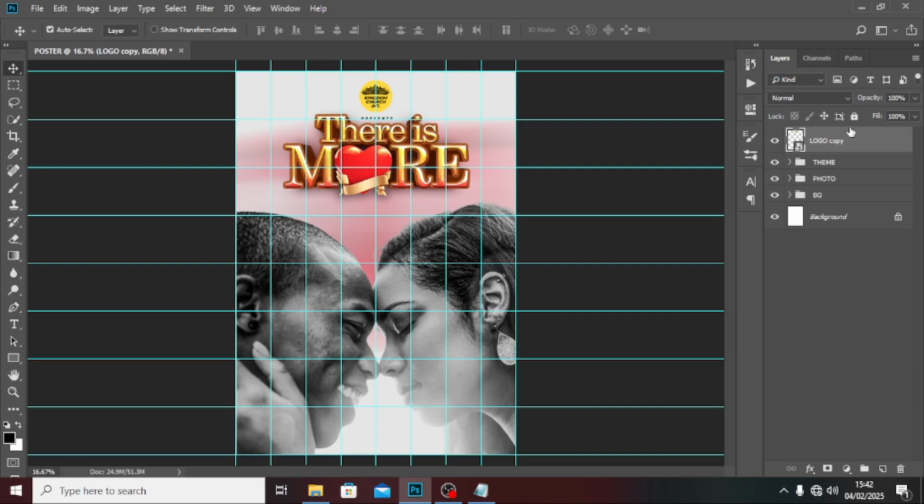What else can we do? Let's put it in the group. Let's call it logo. Then let's close it. Everything is beginning to form nicely. We need to add the rest of the details there, and to do that we need to type